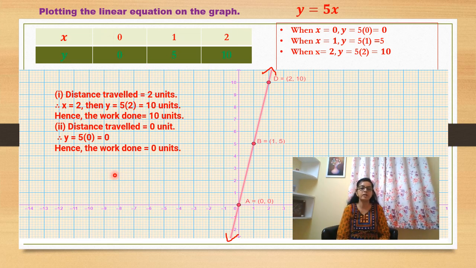And let me tell you one trick: whatever is asked in the question, you make the table of those numbers itself. So your sum will become easier and more time will not be consumed. See, they are already asking when x is equal to 2, when x is equal to 0. So you use those numbers only in the table. Use 0, 2, so the sum will also become easier. It will be easier to plot the graph also, and it will be easier to write the answers directly from the table and graph.